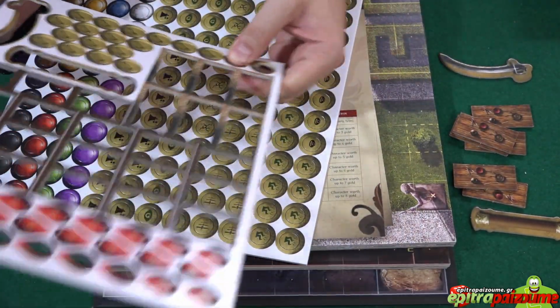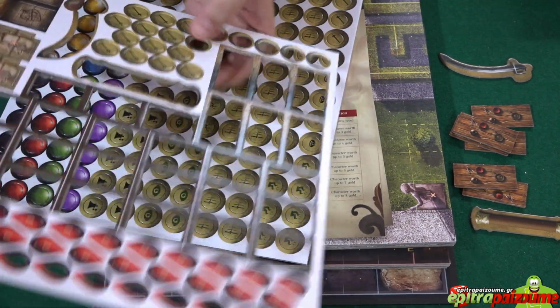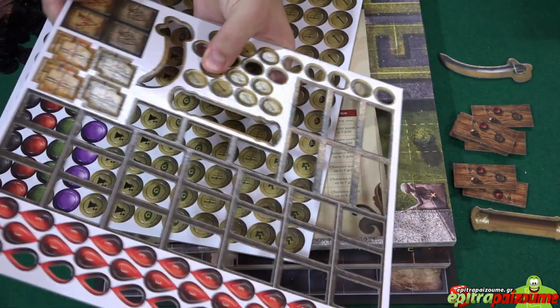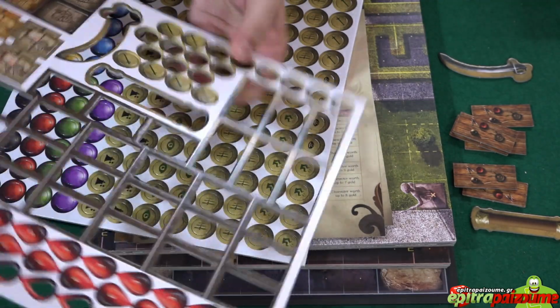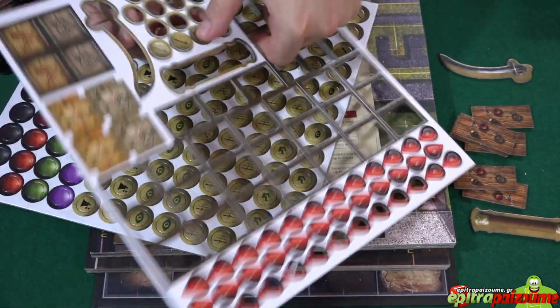The game comes with a lot of tokens that actually are used in gameplay. I'm not going to go into any details at the moment. I'm simply unpunching everything and showing you the contents of the box, and shortly everything is going to be explained when we make a how to play video of the game. Now,